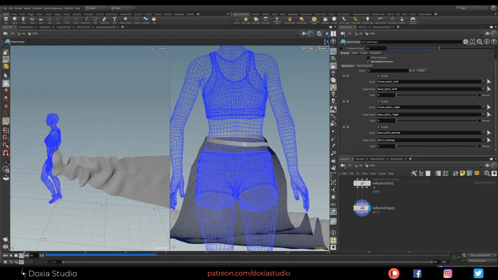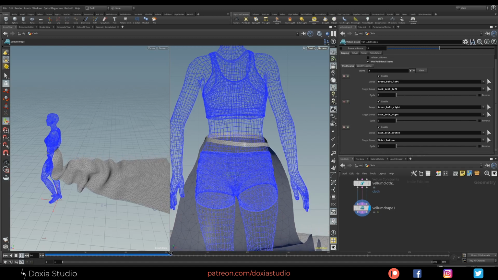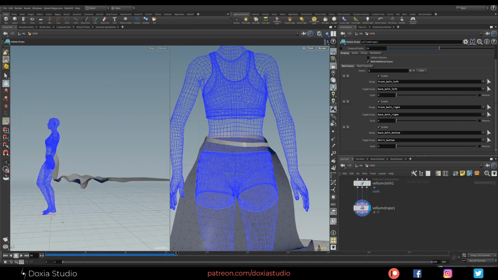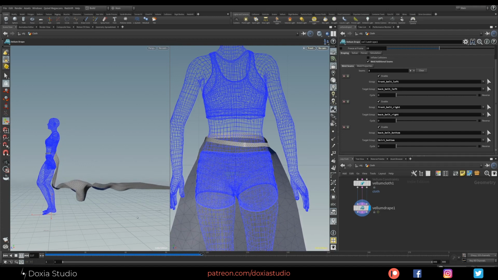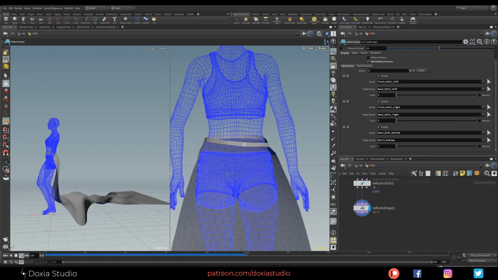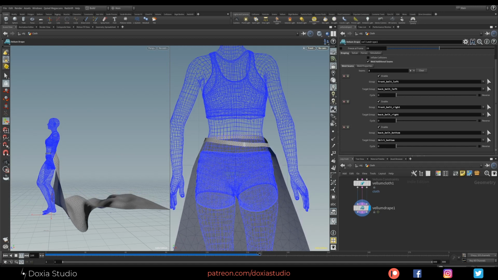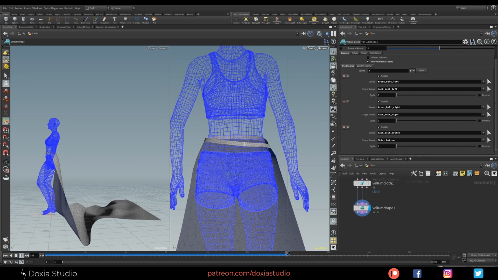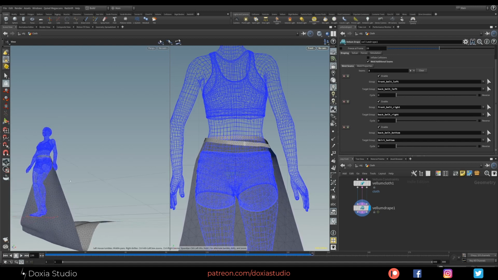Cool. But we need just one thing. We need to add a floor, because if we let this simulation go forward, you can see that our skirt will cross our floor. Okay. Let me just wait a little bit, because we don't have any collisions for the floor on the vellum. Okay, we are just using the female.